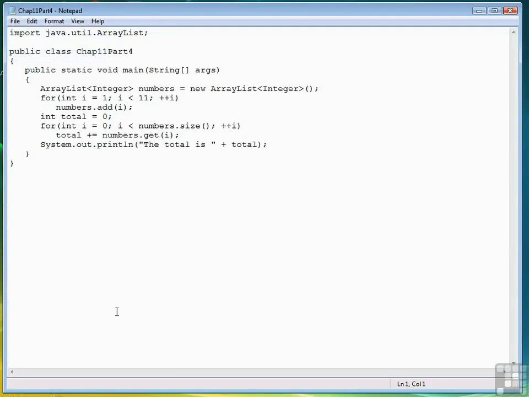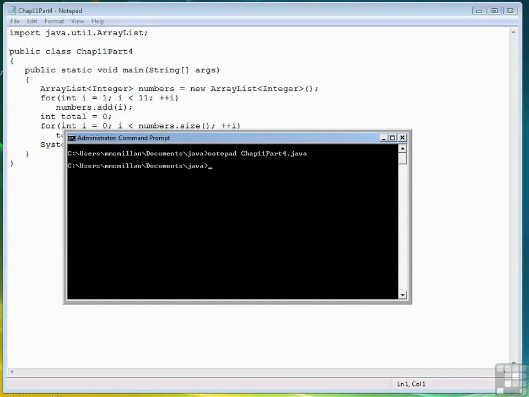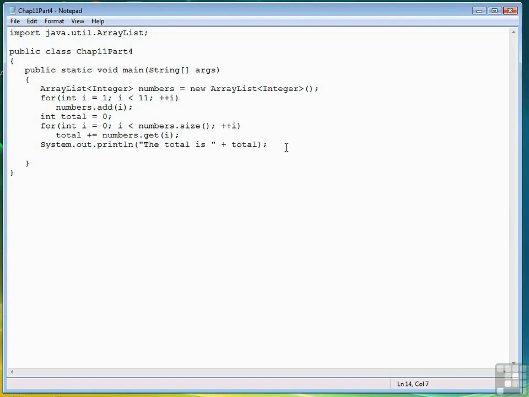And let's save and then compile and run the program. And the total should be 55, and it is. So if I want to display, for example, the first and last elements, I could write System.out.println("First element: " + numbers.get(0)), and then we could write out System.out.println